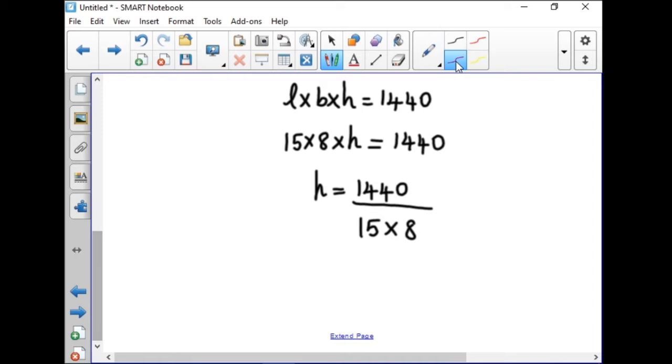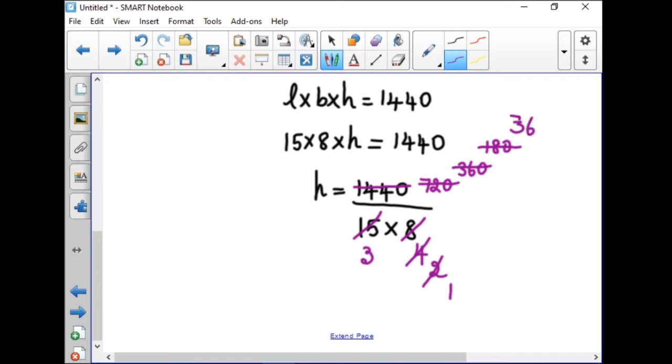Okay. So we want to cancel the values. We can use the 2 table. 4 2s are 8. Here we can use the 2 table. You will get 720. Again 2 table. 2 2s are 4. You will get 360. Then again 2 table. 1 2 is 2. Here you will get 180. Then 5 table we can use. 3 5s are 15 and remaining 3, 30. So 6 5s are 30.